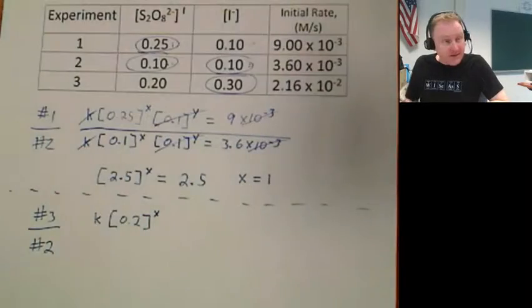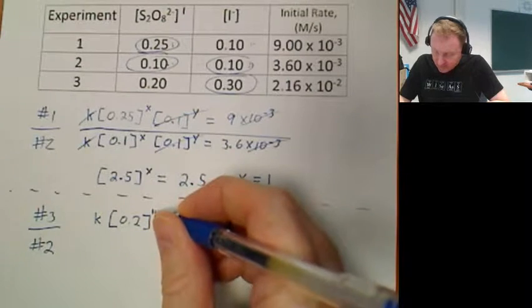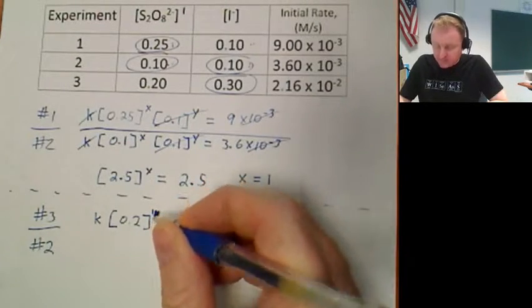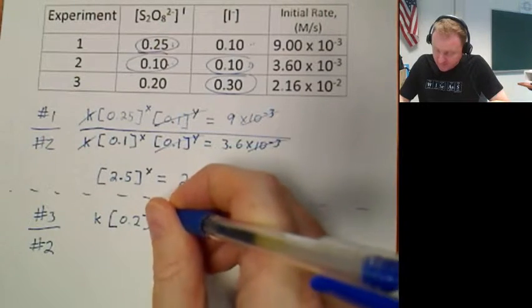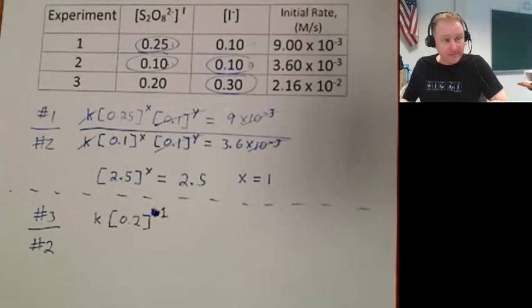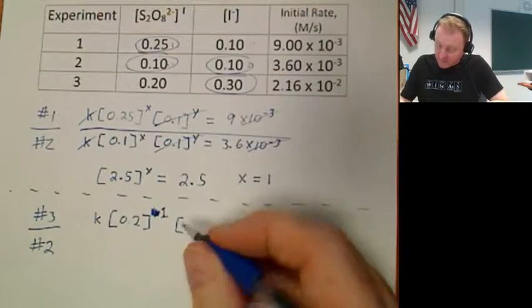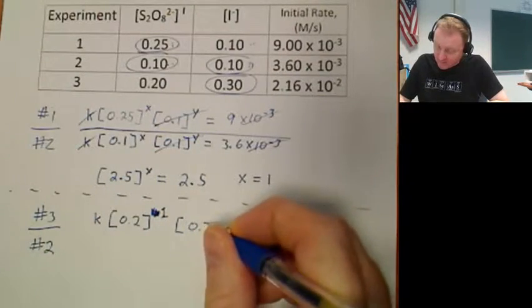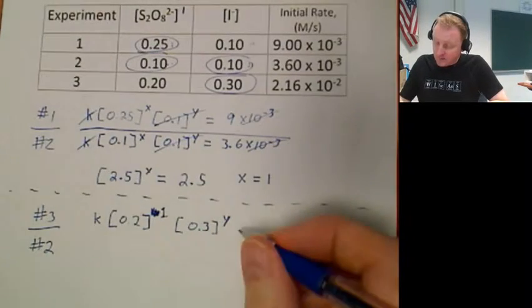Oh, wait a second. It's not X though, is it, guys? We just figured out that it's first order. So let's put first power and not the X to the first power. So I'm going to put a 1 up here. We learned that that was first power. Times the concentration of the second reagent, which is 0.3, to some other power. I'm going to put y equals the rate